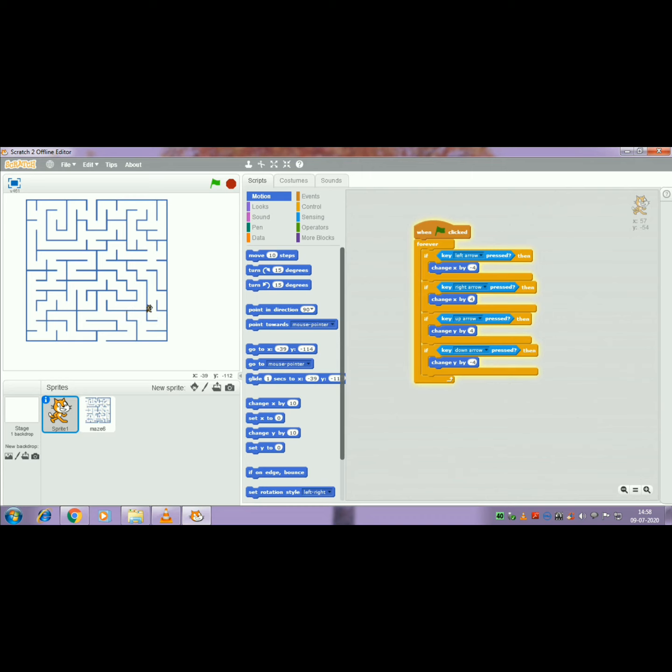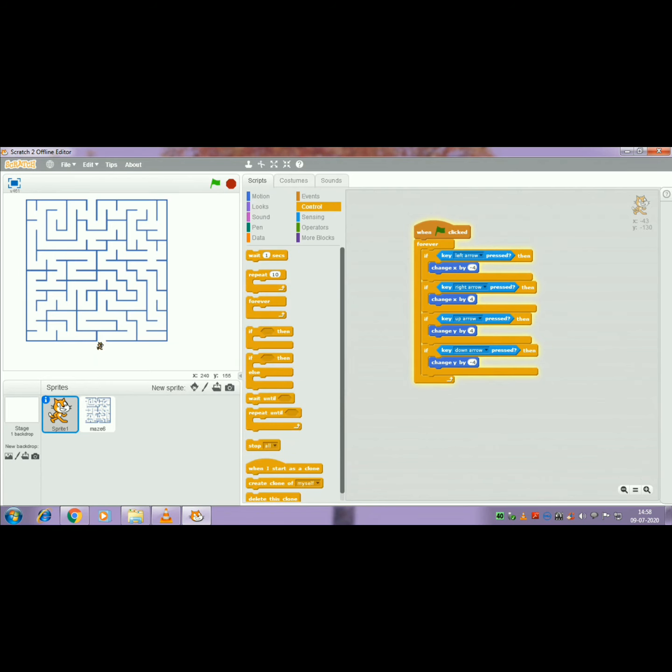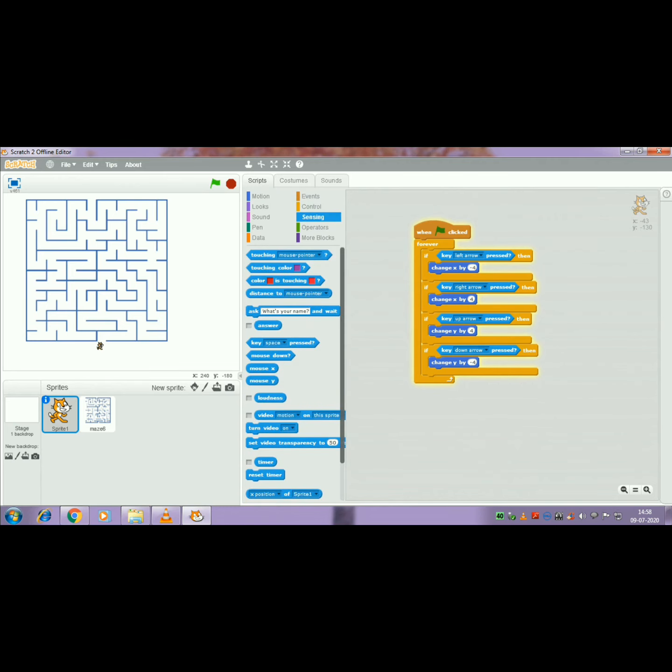So how it is moving in all the 4 directions. Okay. So the cat moves up, down, right, left, but we don't want the cat to be able to move around the maze, right, through the walls like that also. The cat looks kind of spooky, just gliding around. So we are going to add a walking animation also. So I am going to click on the red stop button to stop the program.